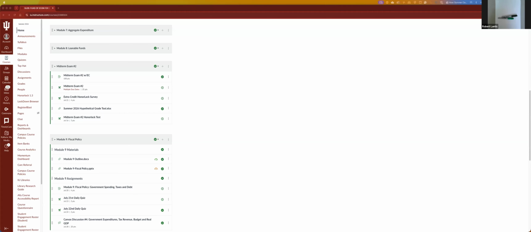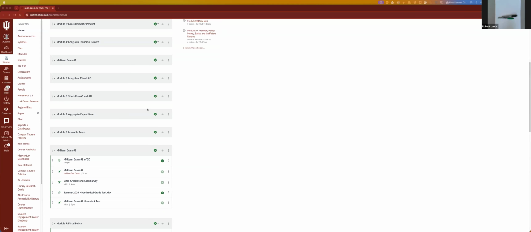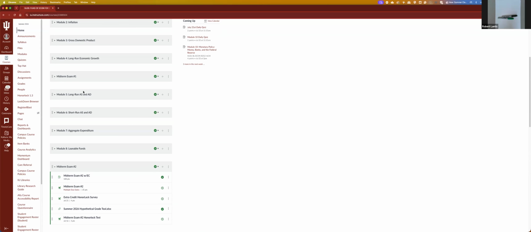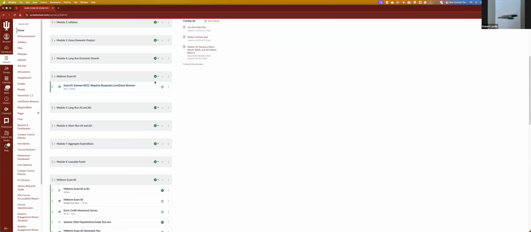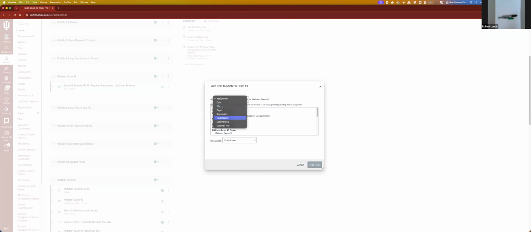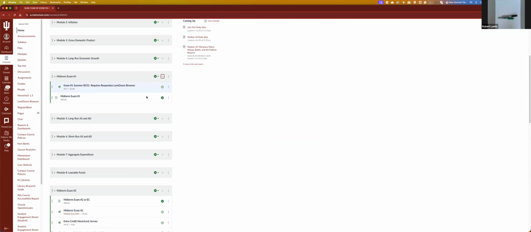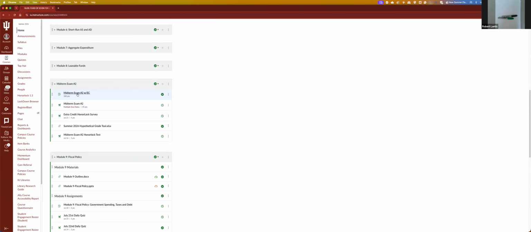Couple things before we get going here. If we look at Canvas, I've updated things. First, actually add this right now. Do this before class. So I'll move this around. I added an assignment. It looks like an assignment, but it's basically converting your exam one score into what it would be in terms of percentage. I also did a similar thing with exam two.